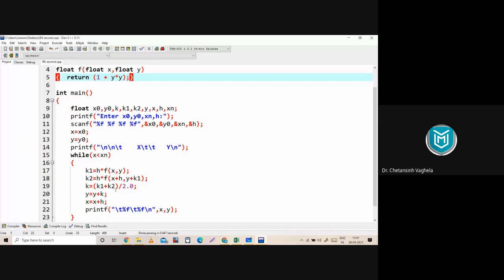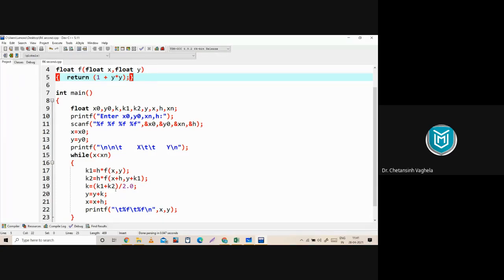Now what you need to do: you already have the Euler's program available with you. We completed Euler's code last time in the previous session. So get that Euler's program, save it by a new name, RK second order, and then make the changes which we have discussed here.